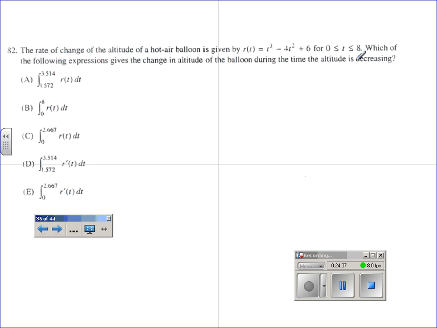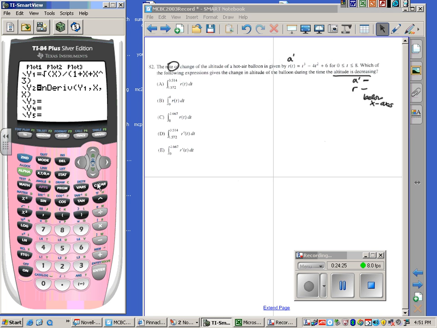The rate of change, okay, so this actually is the rate of change of altitude. It's like the altitude derivative, a prime, if you will. You want to know when the altitude is decreasing, so that's where a prime would be negative, or the rate would be negative, below the x-axis. And so if you graph this in your calculator,